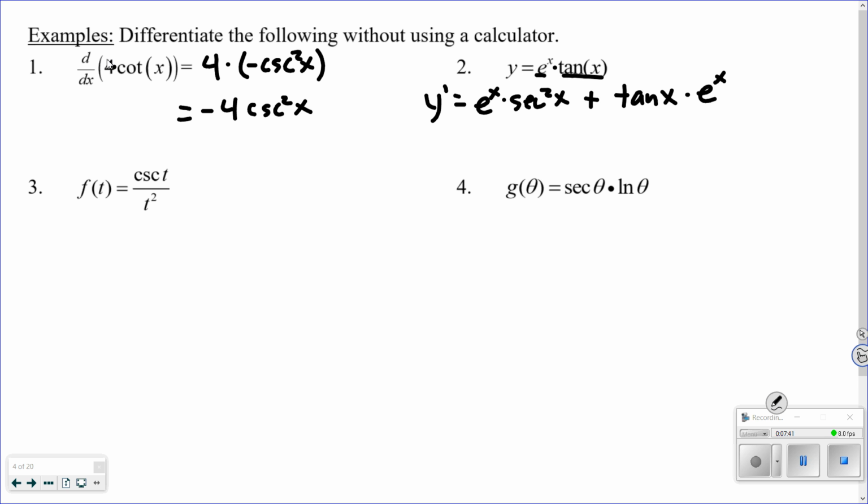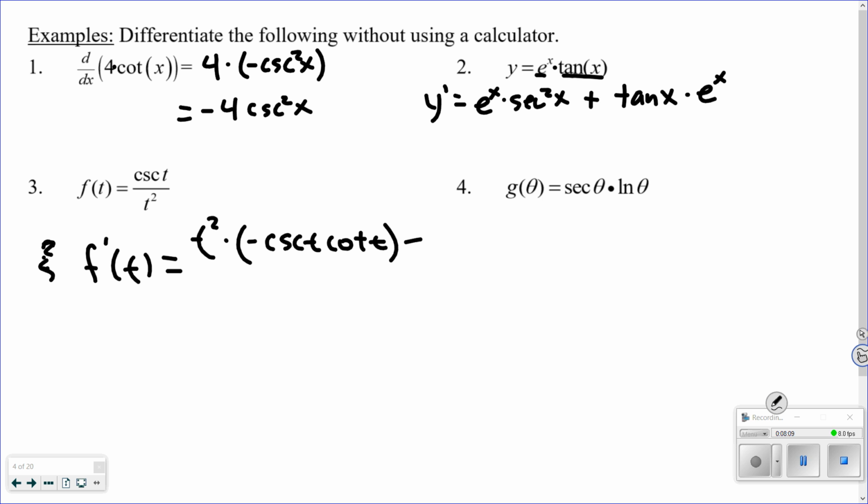Number 3, so if we're going to do this one now we have to use the quotient rule, right? I've got the cosecant of t over t squared. So to find f prime of t, I'm going to take the bottom, t squared, times the derivative of the cosecant of t. So look at your rules there. That is a negative cosecant of t cotangent of t